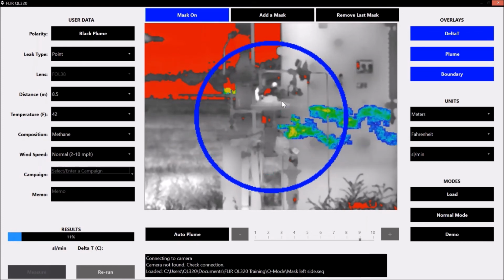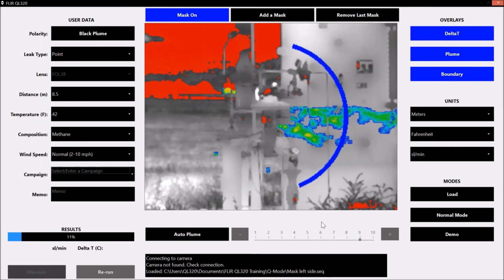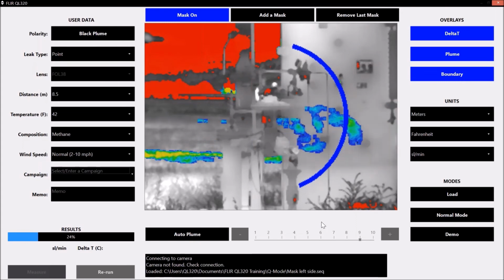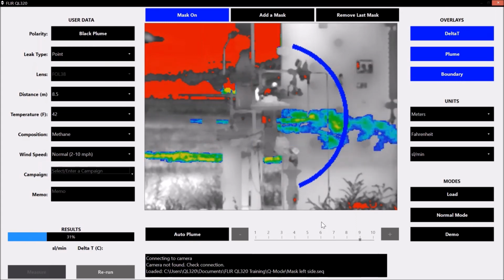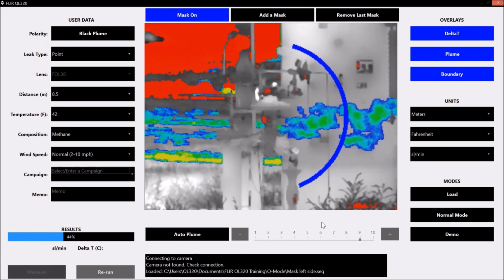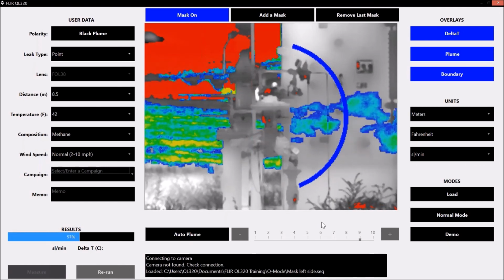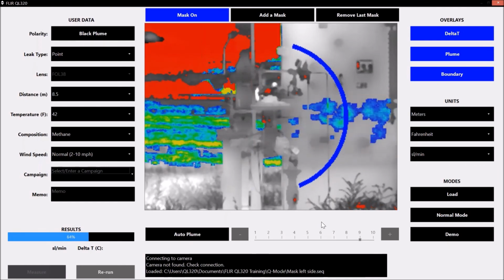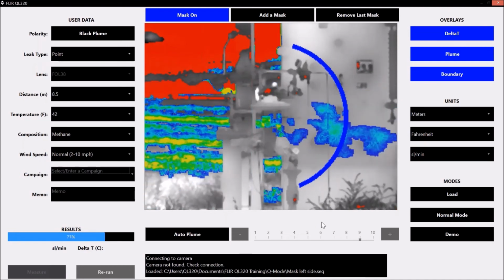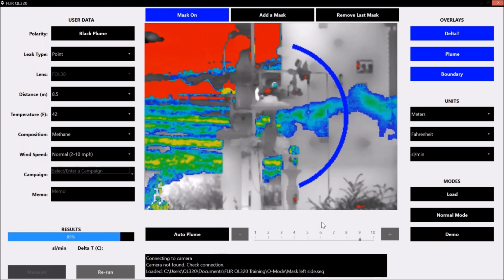I can mask off everything that doesn't apply to this, because there is more interference on the left with the grass slightly moving and the delta T background in the top with the sky. All that I care about, all that I need to understand, is the area where that gas boundary crosses the circle. And so you have the capabilities to very quickly and easily look at that and be able to see what's happening with respect to